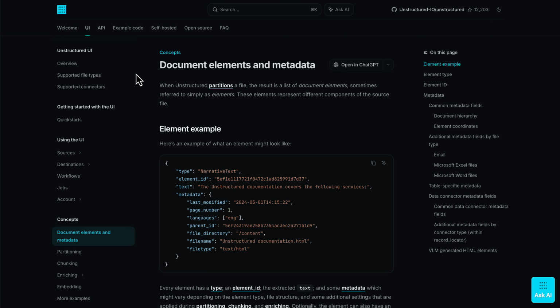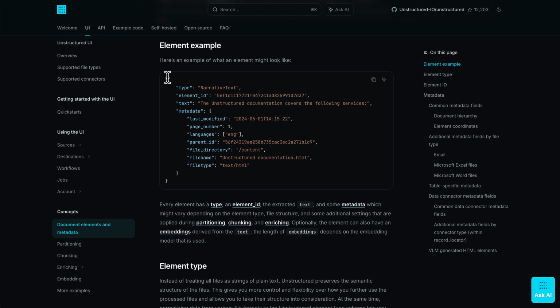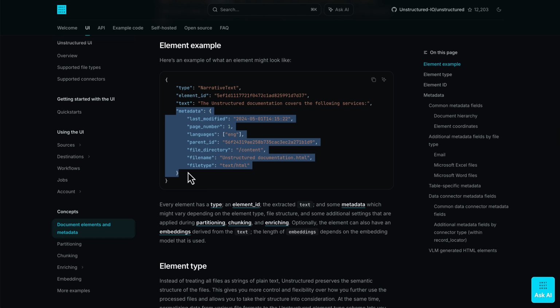Understanding how document elements and metadata work is important to understanding how Unstructured adds value and context to the output. Here's an example of what an element might look like. As you can see, every element has a type, an element ID, the extracted text, and some metadata. This metadata can vary depending on the element type, file structure, and any additional settings that are applied later on